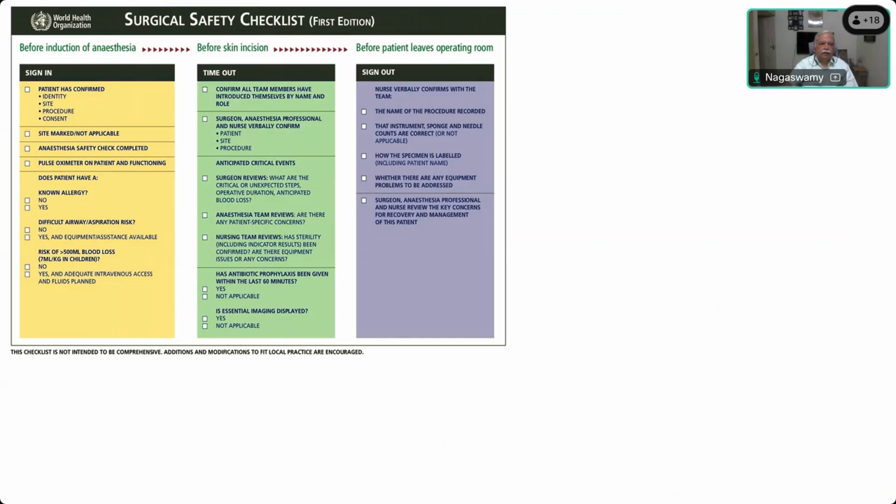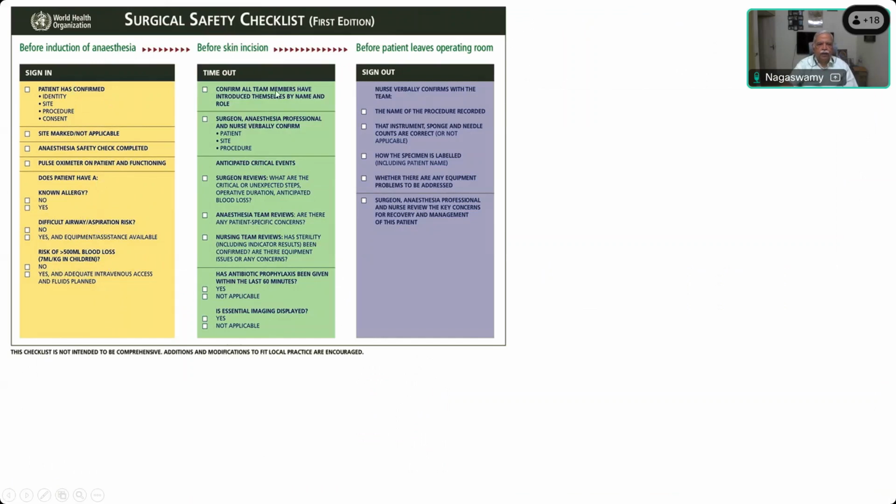And anesthesia safety check completed or not, if the pulse oximeter is on the patient and functioning. Does the patient have a known allergy? Does the patient have any airway or aspiration risk? The risk of blood loss more than 500 ml. These are all standard questions that are asked before the induction of anesthesia to the anesthesiologist and